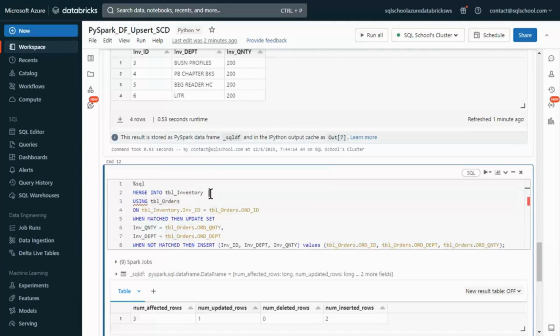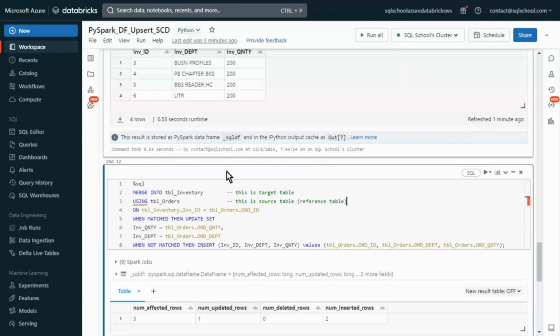Remember, this is the target table. And what about this one? This is the source table, like this. Source table is also called reference table. Remember,